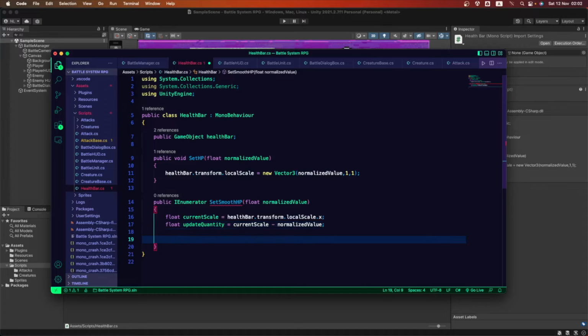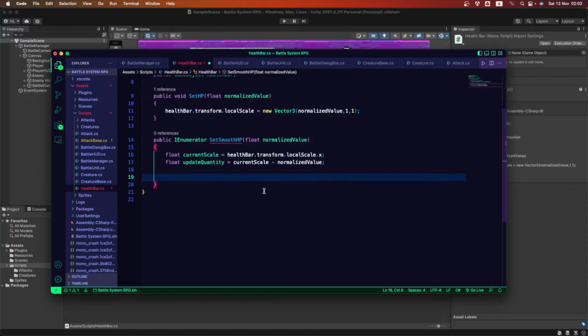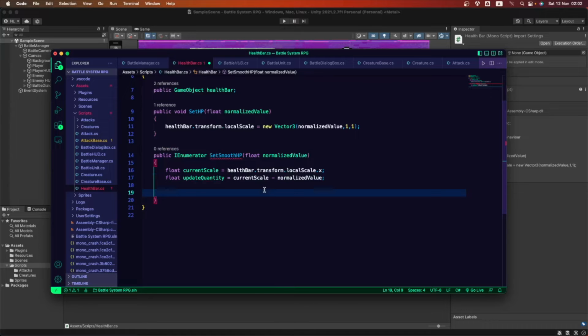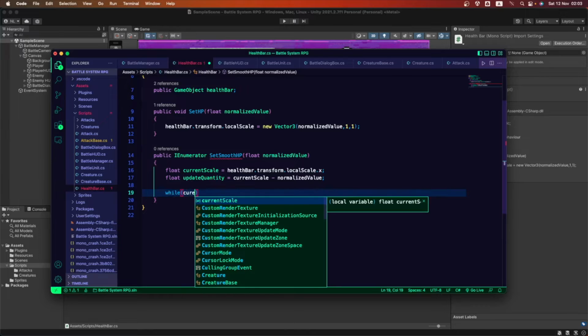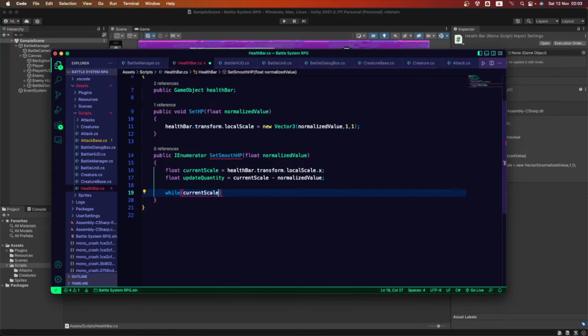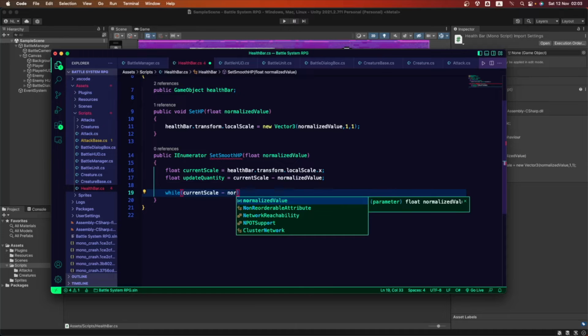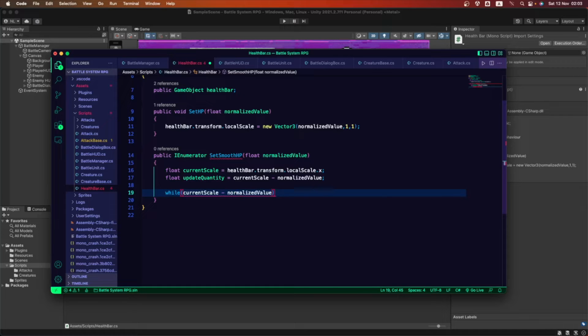Now we're gonna create a while loop to make this work. So this is gonna be while currentScale minus normalizedValue, which is all of this result. We can do that here, or we can use the updateQuantity we just created.